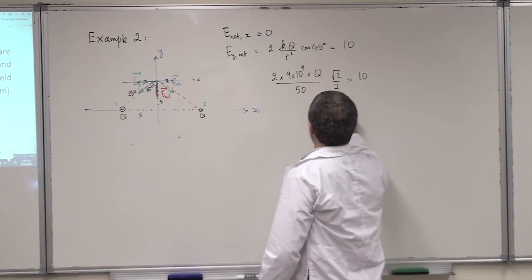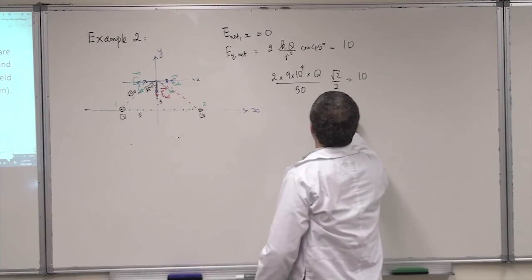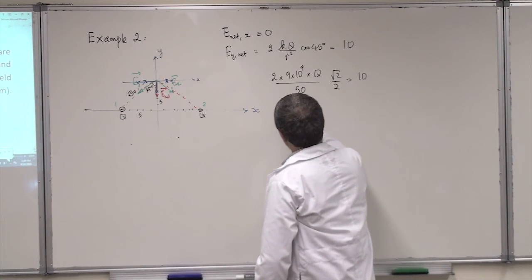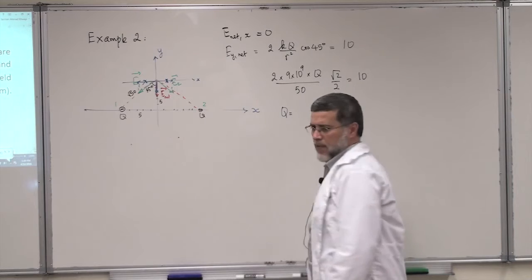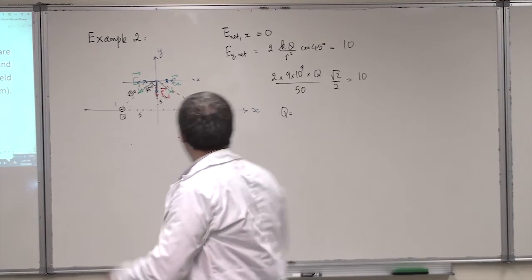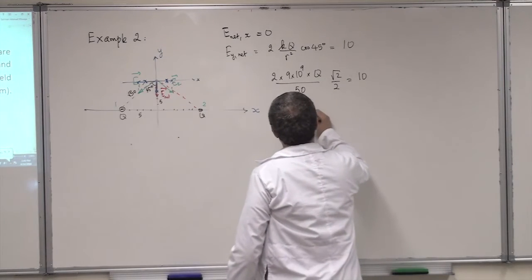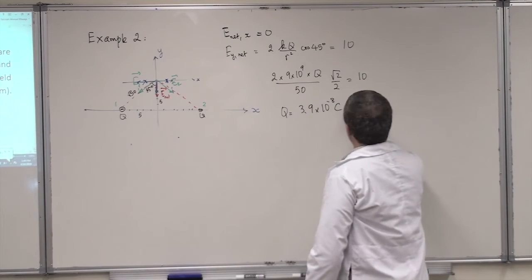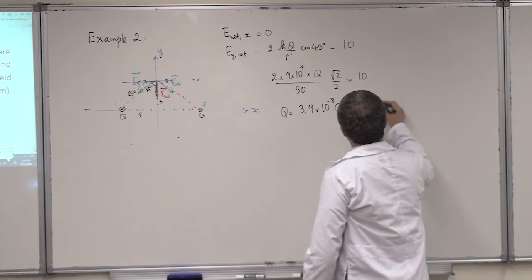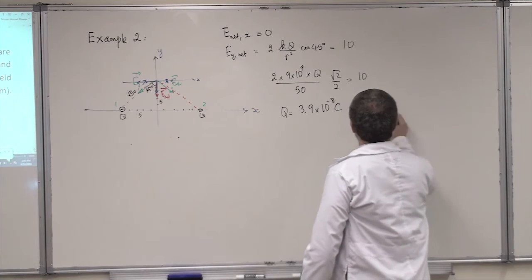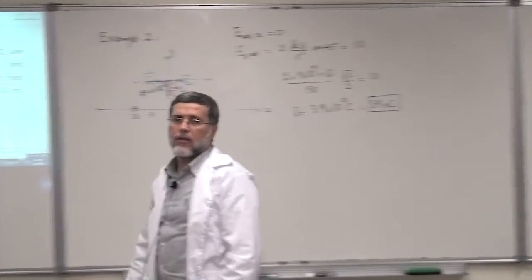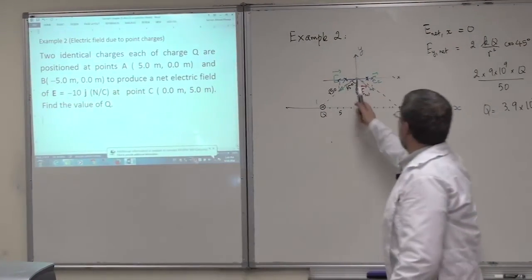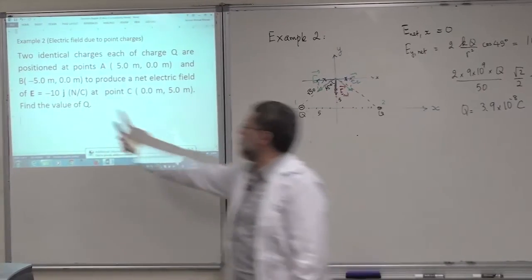So you can now do some manipulation here to find the charge. If you do the calculation correctly, the charge will be 3.9 times 10 to the power minus 8 coulomb, or 39 nanocoulomb. That's the answer to this question. I hope this is a two-dimensional problem. Be careful, my son. And the net electric field is not 0,